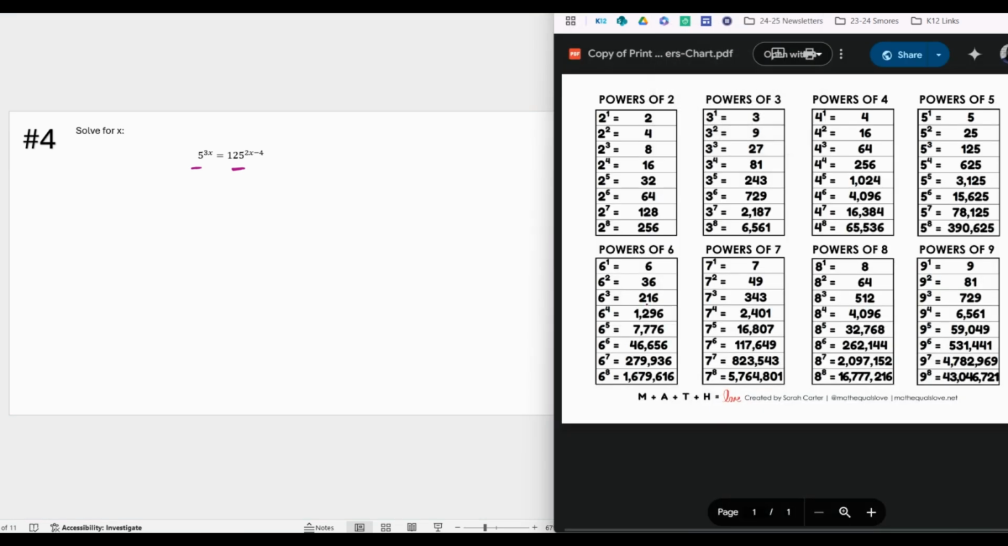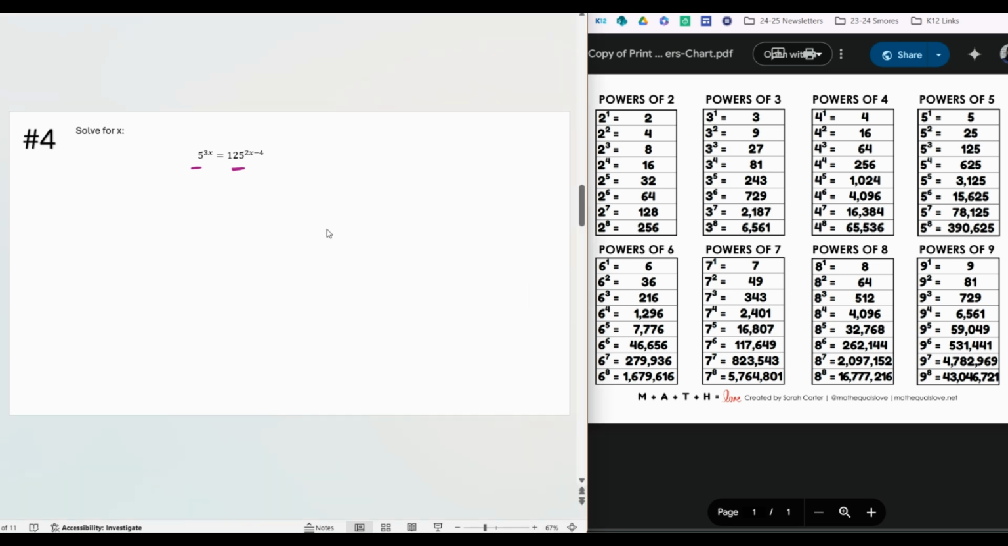Okay, so you can see on the left side, we have a power of 5. And if we look at our chart, you can notice that 125 is a power of 5, right? So you can see that 5 to the third is 125. So I'm going to use that to rewrite this problem. I have 5 to the 3x equals 5 to the third, but then that's being raised to the 2x minus